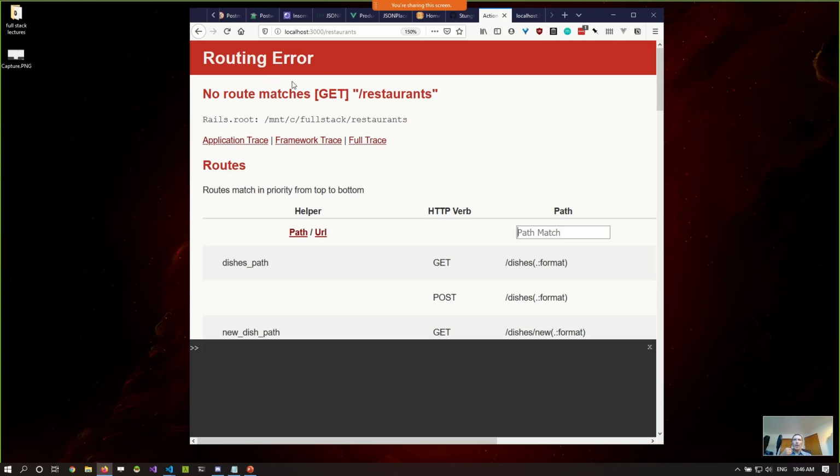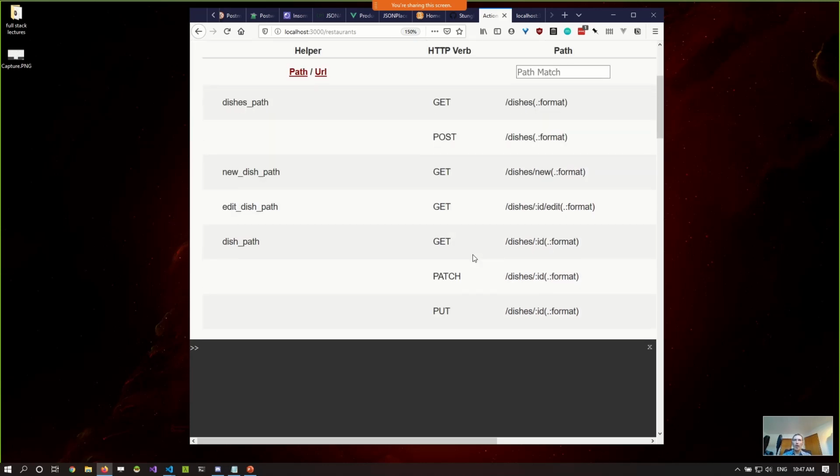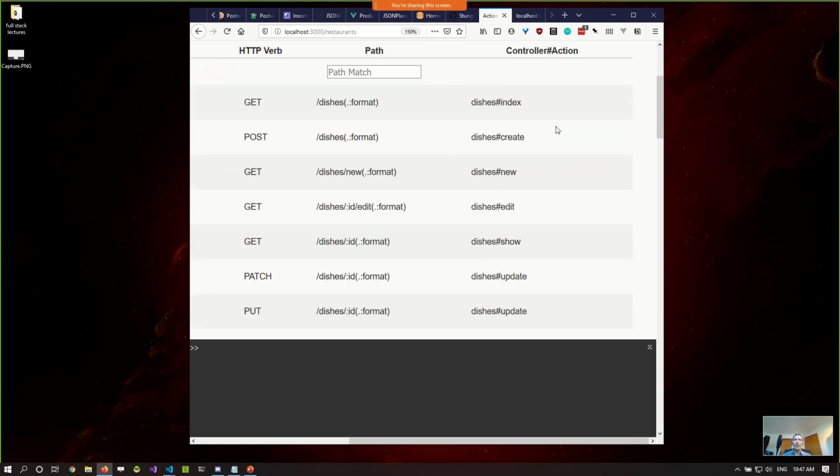Working with the API directly from a browser works to a certain extent, but it only really works for GET requests. Browsers are limited in the HTTP verbs that they can use, right? A browser can get, and then by way of a form, a browser can post. But there are other verbs, and here we have a list of the routes that are available in our resource. When we are creating new dishes, the create action of the dishes controller, a post request